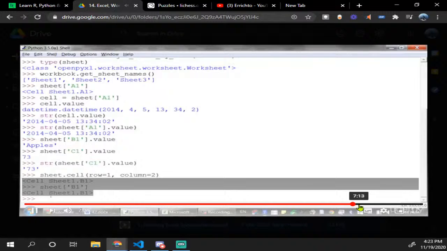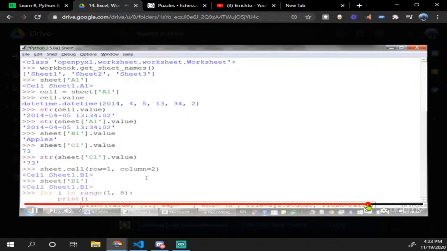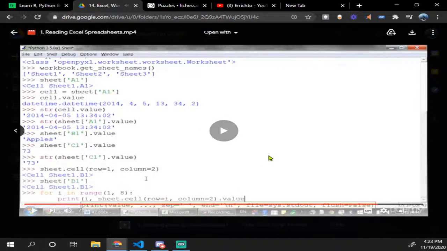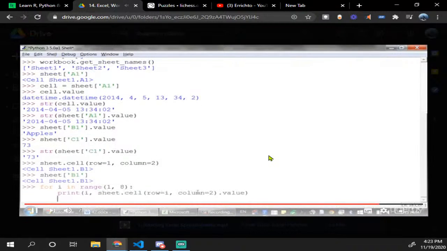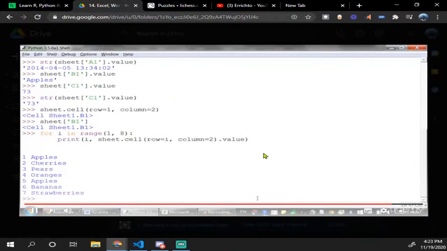It evaluates to the same thing as using the B1 key for the worksheet object. Use the variable i, and then get the cell that's at row i and the second column, the B column. This saves me from having to create this B1, B2, B3 string from the i variable. Instead, I could just pass i as the row integer directly to this cell method. To recap,